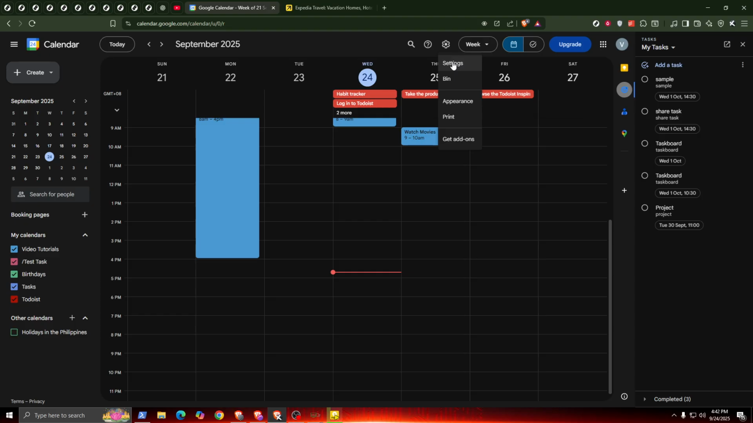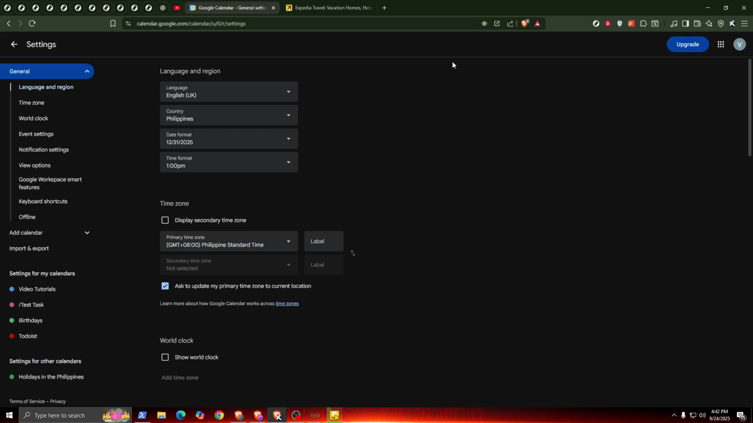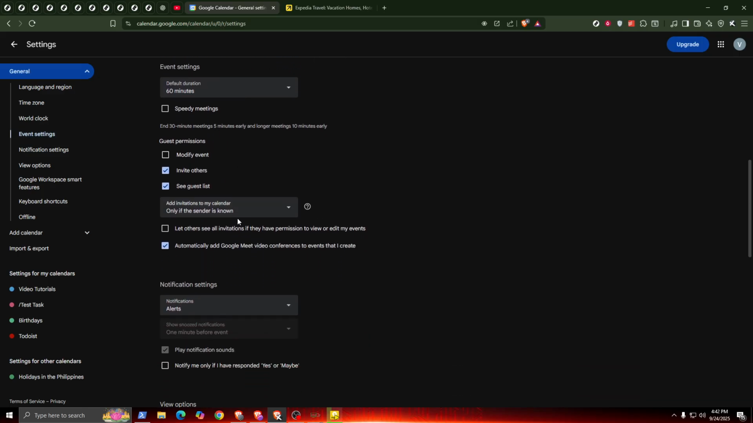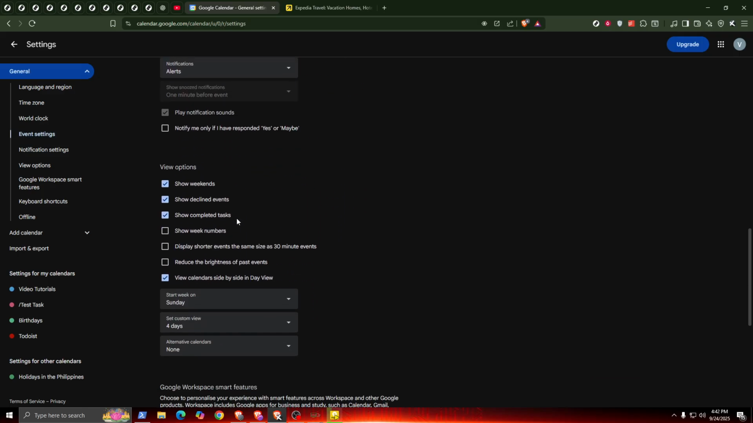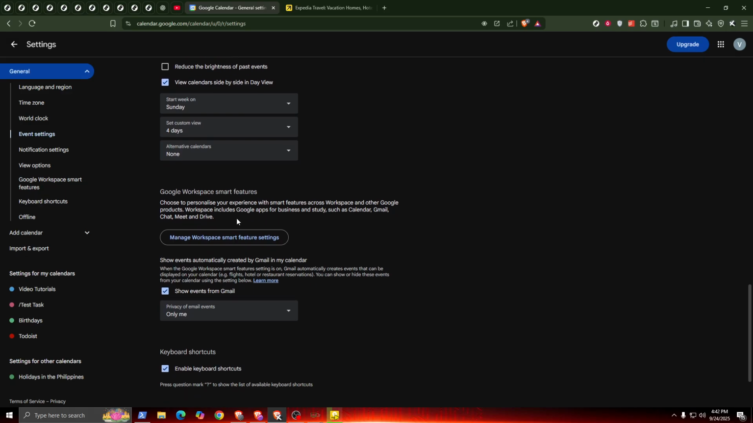Next, click on the settings menu option. Here, you'll need to locate the event settings section, which is typically found on the left-hand side. Once you're in the event settings, scroll through until you find an option that says Show events automatically created by Gmail in My Calendar. Now this step is crucial because it allows Google Calendar to pull in your trip details directly from your Gmail. Make sure this feature is toggled on to ensure your itinerary from Expedia is automatically displayed